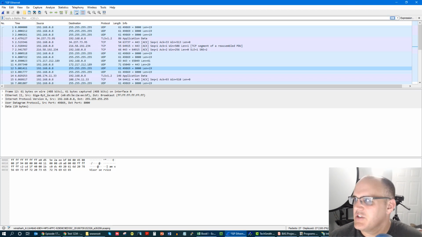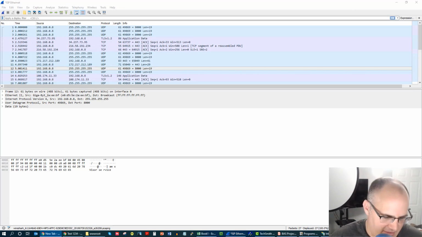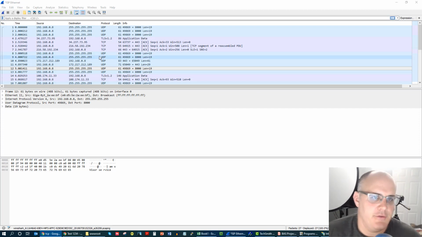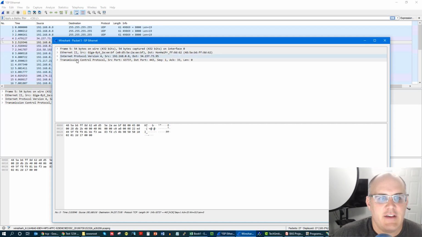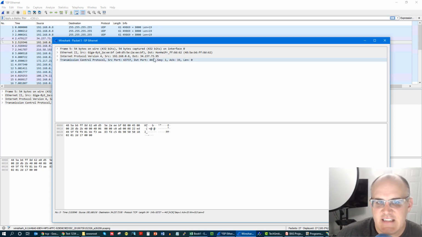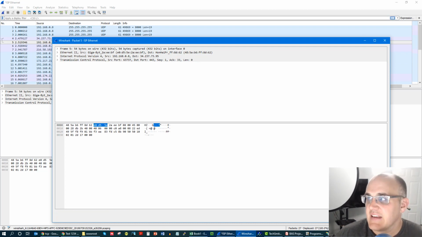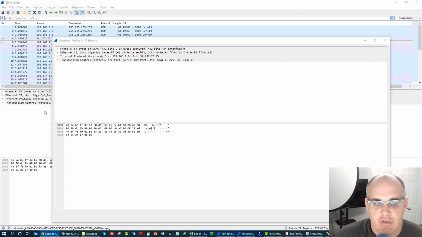TCP is transmission control protocol, if I remember correctly. Why memorize what you can Google? TCP, transmission control protocol. I'm absolutely right. All right, so what happens is TCP creates these sequence acknowledge, and it's called the TCP handshake. And it basically makes sure that no data gets lost as you're communicating from the server to the actual web